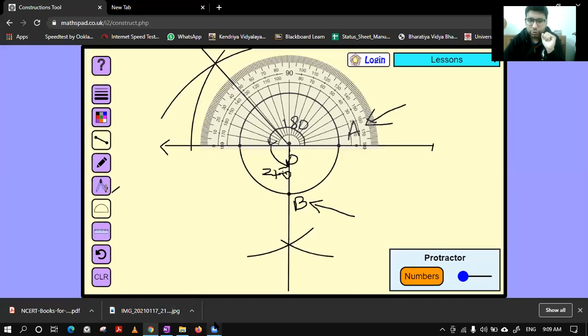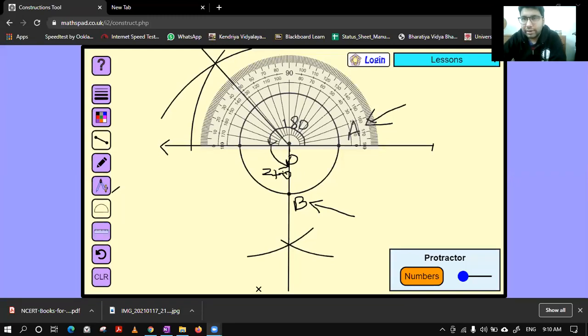Class, is this clear to you? We have taken two angles 0 and 270 to construct the angle of 135 degree. The only logic behind all these things is I'm trying to tell you that you can check yourself which angle is possible. If someone says draw an angle of 15 degree, you can check that 15 is half of 30 degree, 30 is half of 60 degree. So first you have to draw angle of 60 degree, then you will draw 30 degree, then you will get 15 degree. This way it is working.